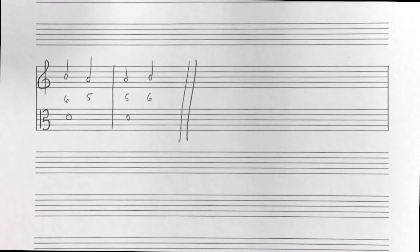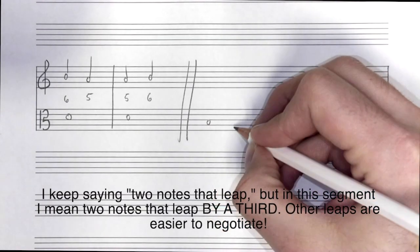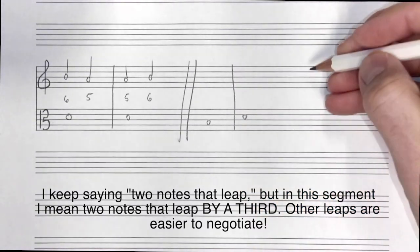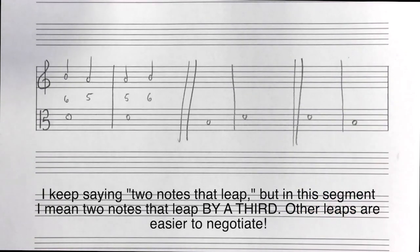The other trick is a little bit less intuitive, but it will really save you some trouble when you're working with fourth species counterpoint. If you're ever faced with two notes in the cantus firmus that leap in consecutive measures, for example, B leaping up to D, or D leaping downward to B,